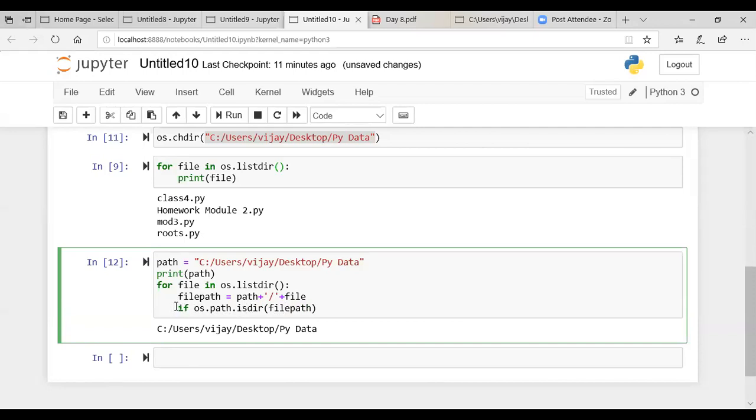If it is a directory, what we are going to do is print the file path, and we'll say it's a directory.